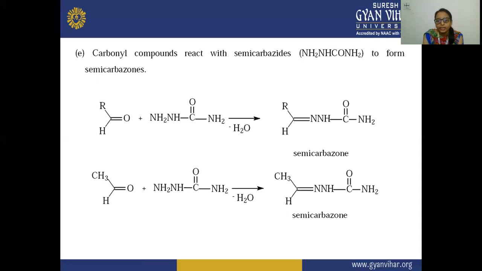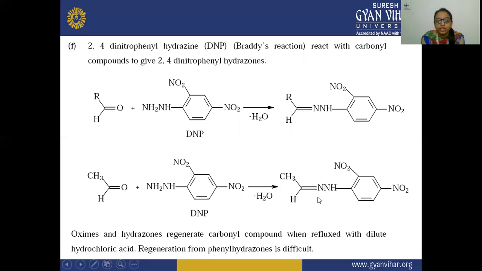This is your aldehyde, acetaldehyde, and when it reacts with semicarbazide, the water molecule is eliminated from this reaction, and the semicarbazone is formed here. So from here also the same H2O is removed, and there is a formation of this semicarbazone. Next is your